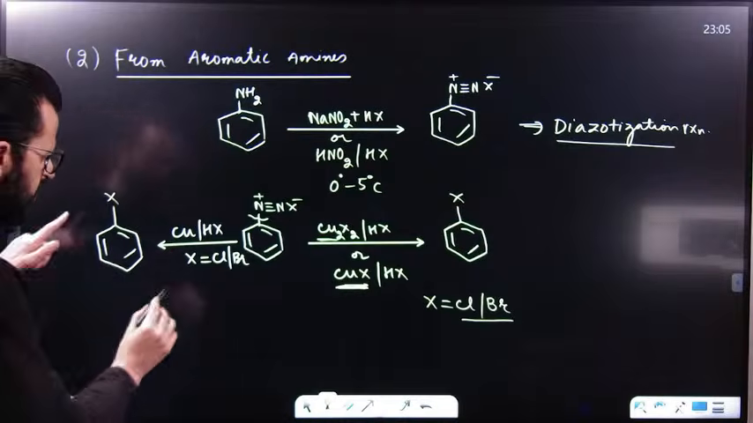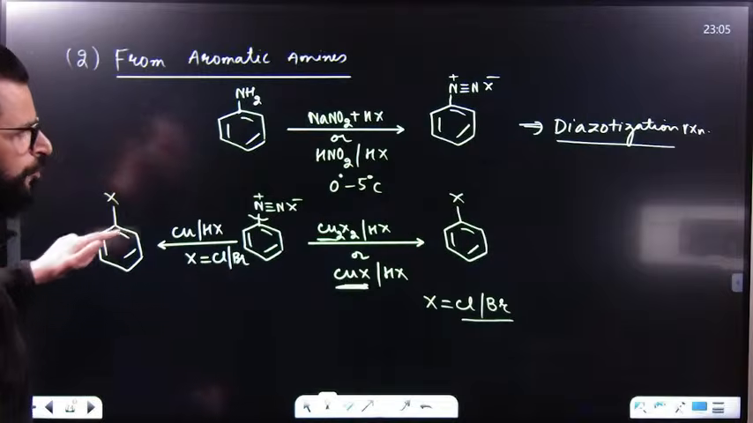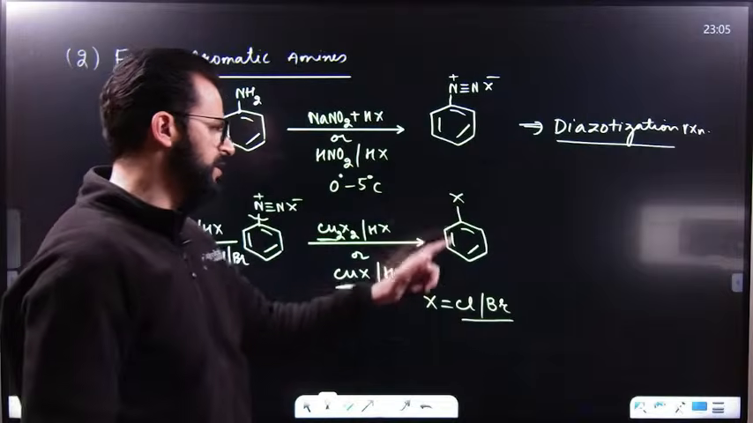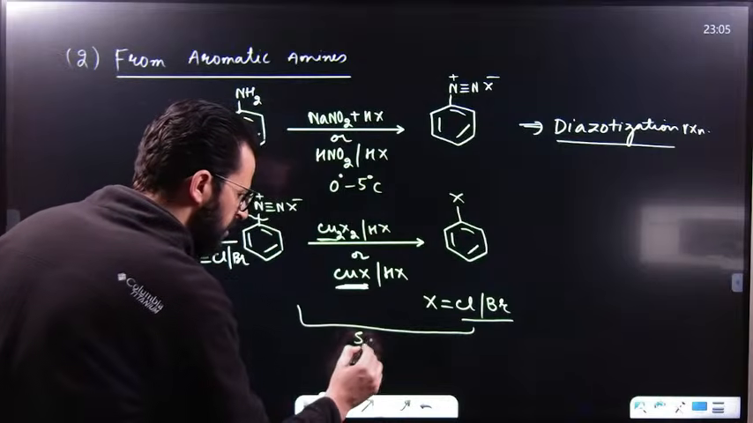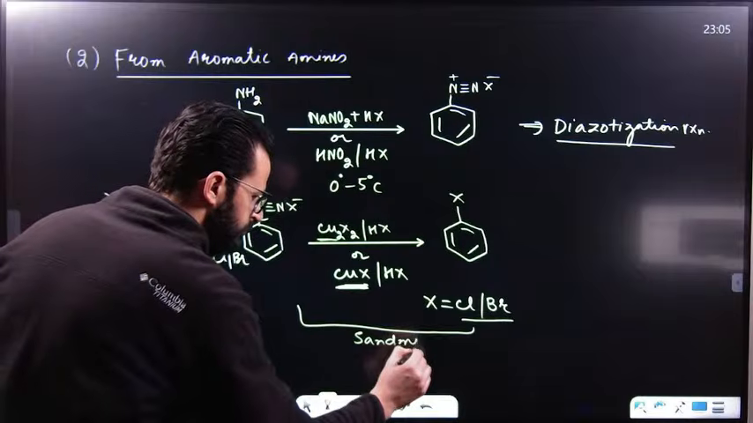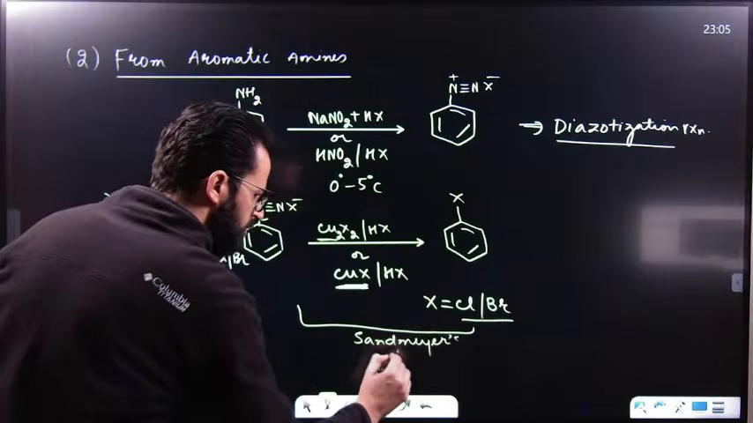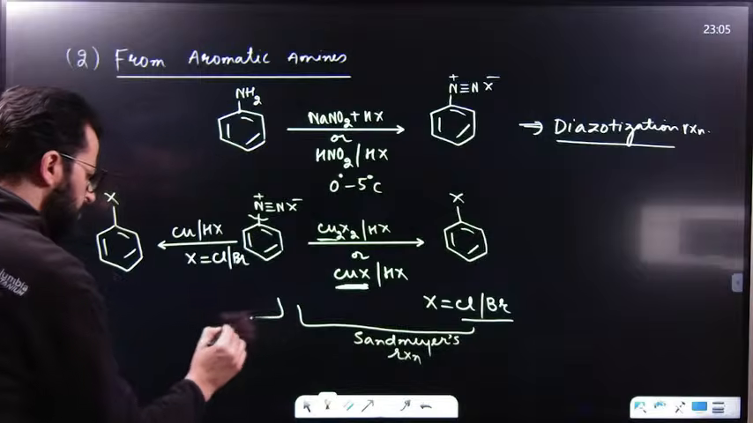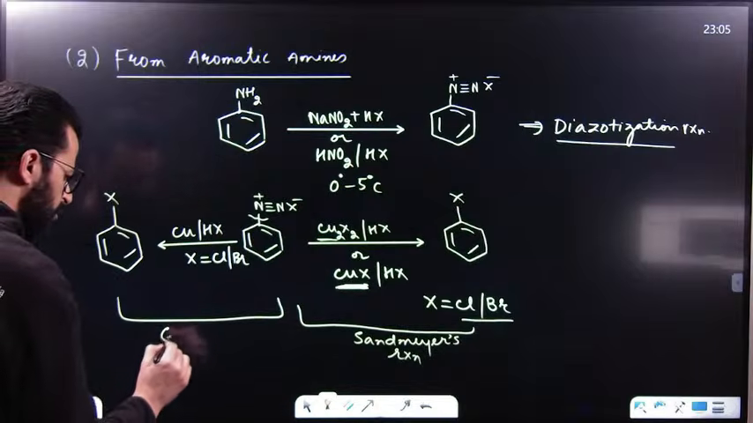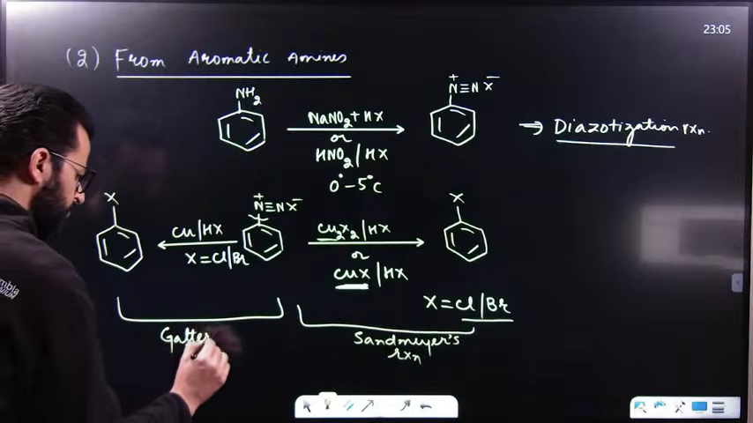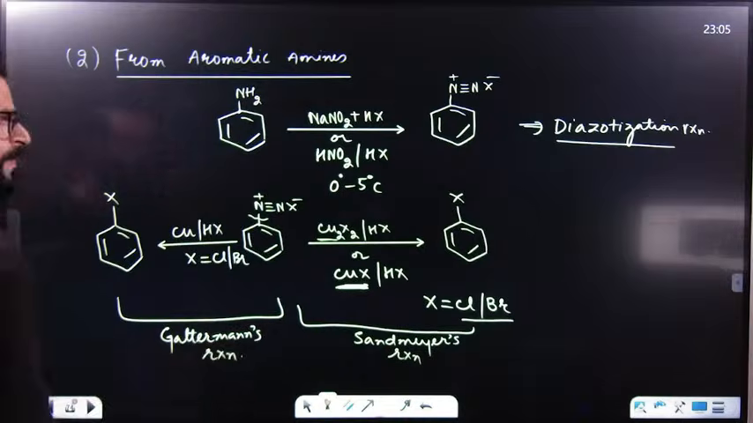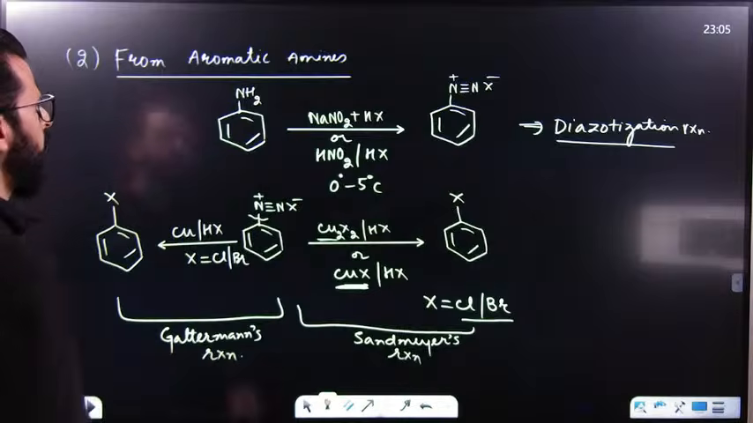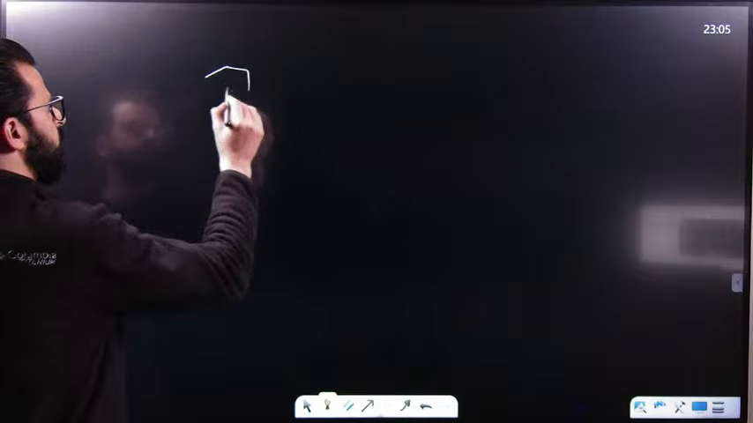That means if X is Cl or Br, this can be either chlorobenzene or bromobenzene. This reaction is known as Sandmeyer's reaction. And this modified Sandmeyer reaction is known as Gattermann's reaction. Now, if you have this benzene diazonium salt,